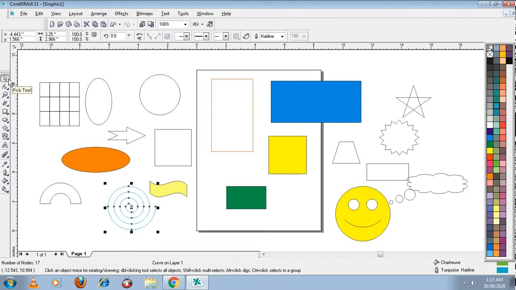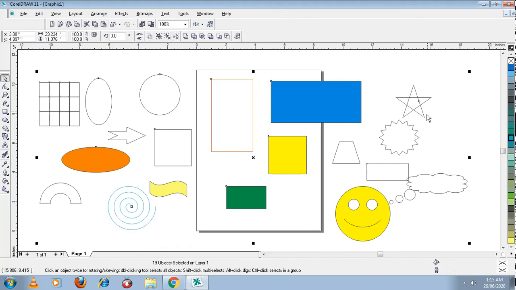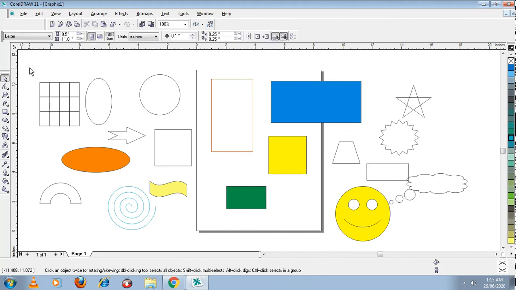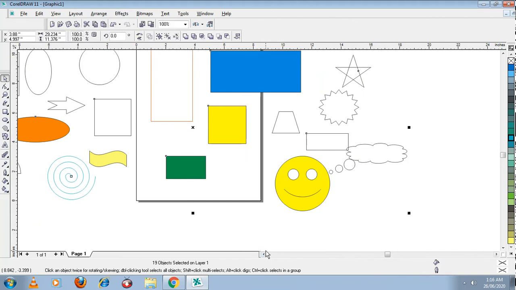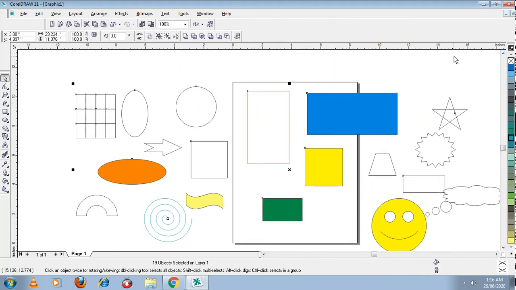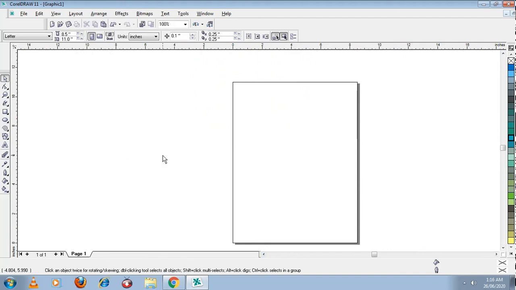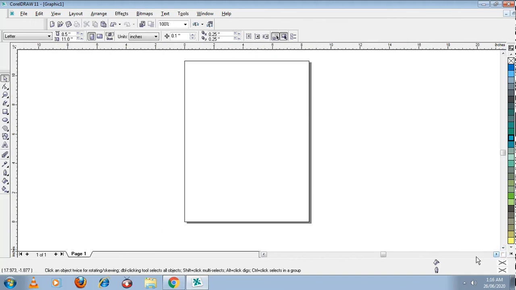You may go for arrow tool, that means pick tool, and press Ctrl A. Ctrl A, what it does, it allows you to select all the shapes, or else what you can do is click and drag over all the shapes. This is called selection marquee. Okay, with this you may select all the shapes and press delete button to remove. Now with all the shapes which we did just now, we will create one design. Okay, we'll try to create one design. Let's see how to do it.